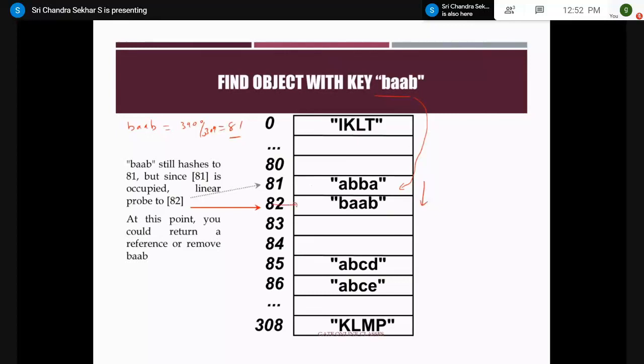You check whether BAAB is equal to the element present inside this 82. Both are equal. This is how we go for the search operation in linear probing. For example, if you are going to search for ABAB, ABAB again points to 81. ABBA is not equal to ABAB. It will go and search in the 82nd location. BAAB is not equal to ABAB, and again it will go and search the 83 location, which is ABAB. Right.